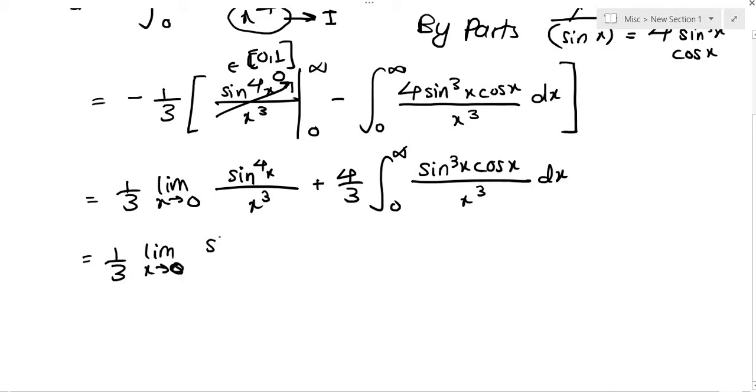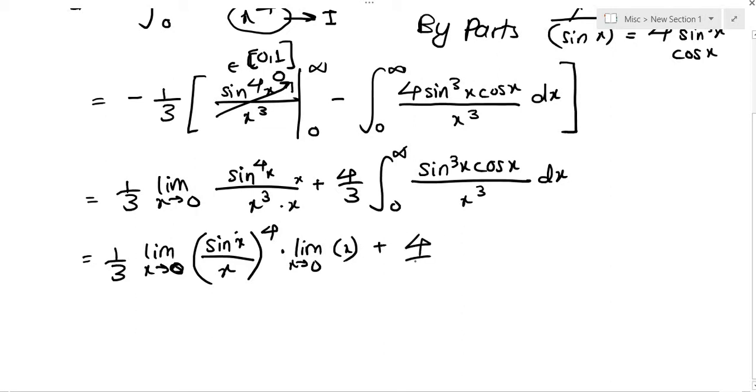So why don't we write this as sine of x divided by x, everything to the fourth power. So essentially we have an x to the fourth in the denominator, but we originally had x cubed, right? So we can obtain an x to the fourth by multiplying and dividing by x. So x to the fourth in the denominator and then a separate x in the numerator. So the limit as x tends to 0 of just a single x here,